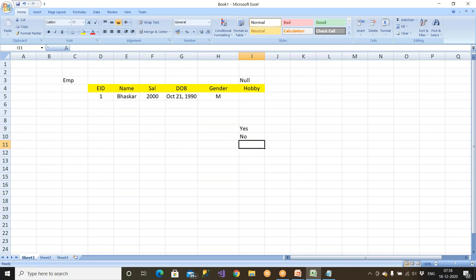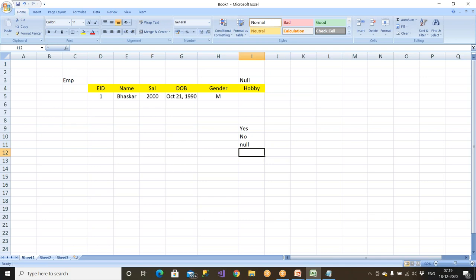The third answer: he is not opening his mouth. The police are asking, did you steal it? Please tell me. You can say yes, you can say no, or you can not open your mouth. That is what is called a null. Clear? Neither yes nor no. The thief is not opening his mouth at all. That's it. A lot of terrorists, when they're being interrogated, don't tell what they're doing or where they're coming from. They never reveal anything.